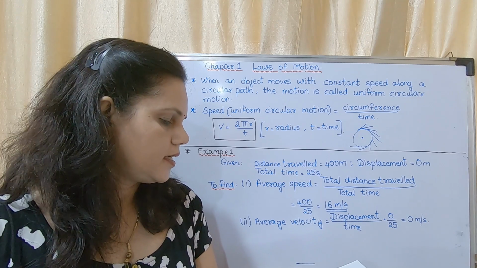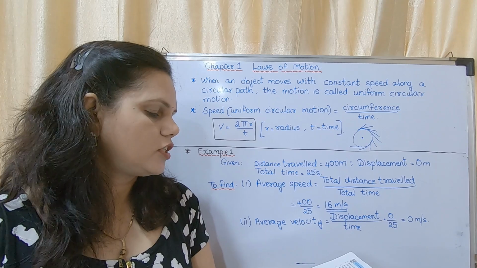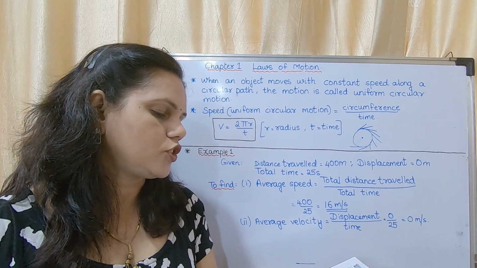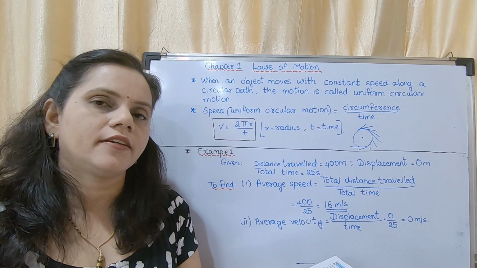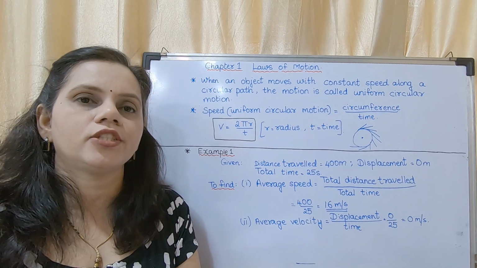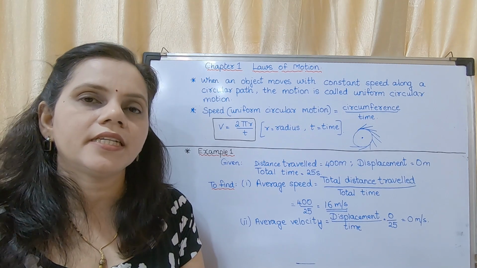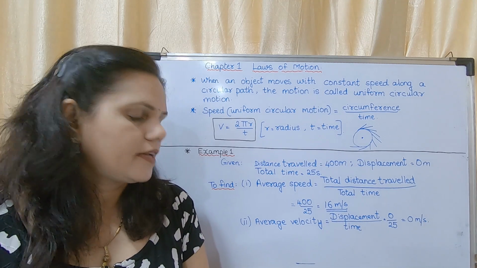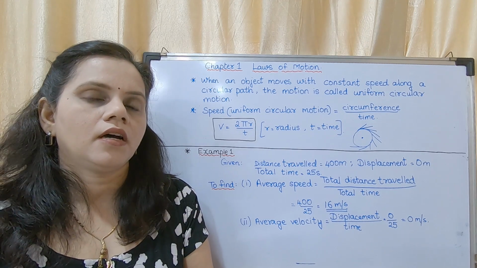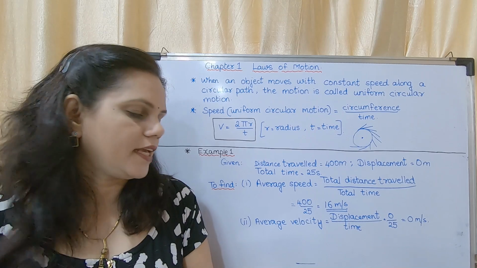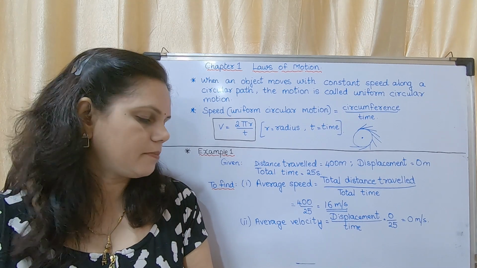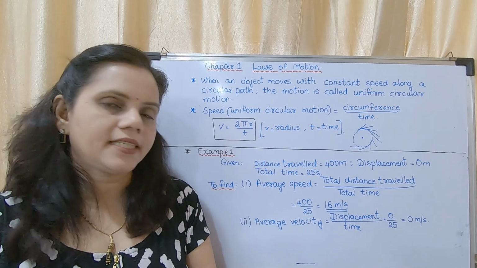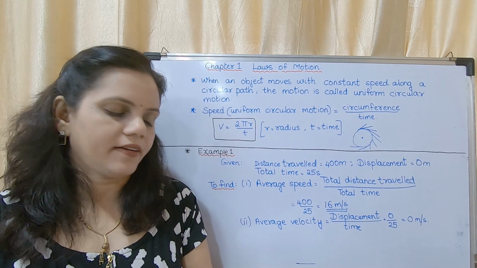Okay, now on page number 10, towards the end, research. Find out more examples of circular motion in day-to-day life. That you can write on your own. Several examples you can write. You can write about the blades of a fan, the needle of a clock, the wheels of a vehicle, otherwise potter's wheel or washing machine tub. Okay, these are examples.